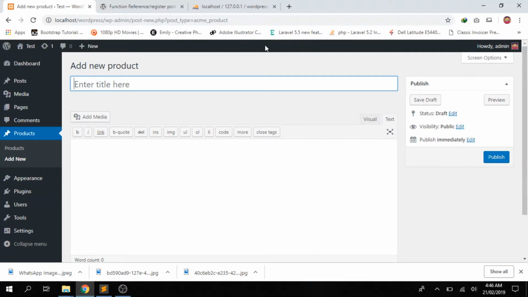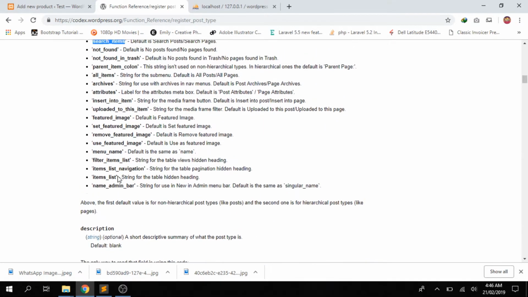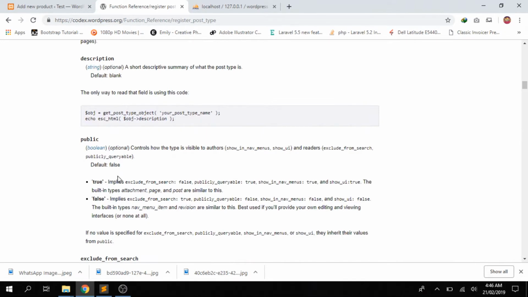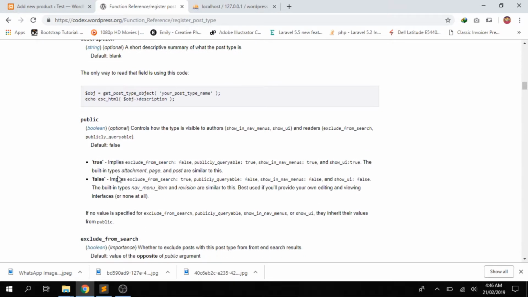And you can use other different types of arguments. If you would like your post to be shown in search, you can use search items as well, which is an argument of register post type, and other bunch of stuff you can use. Please read this documentation carefully, or maybe